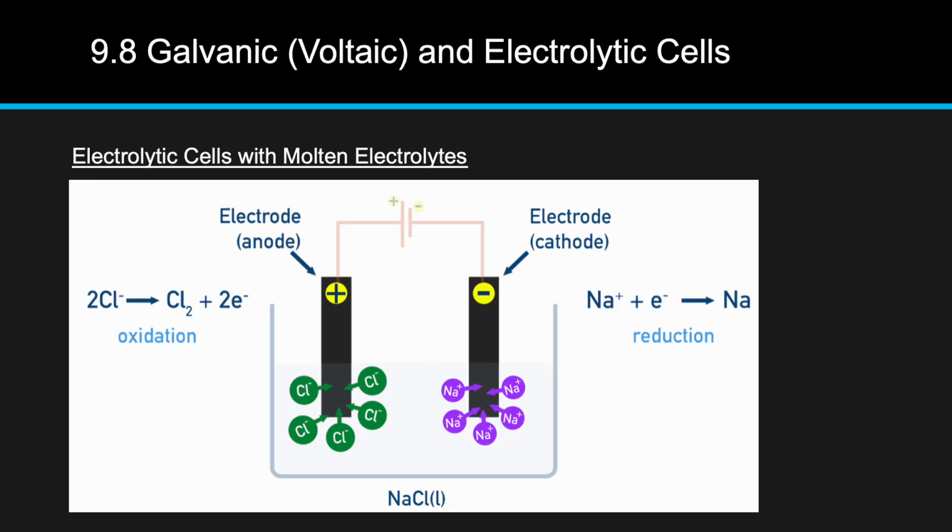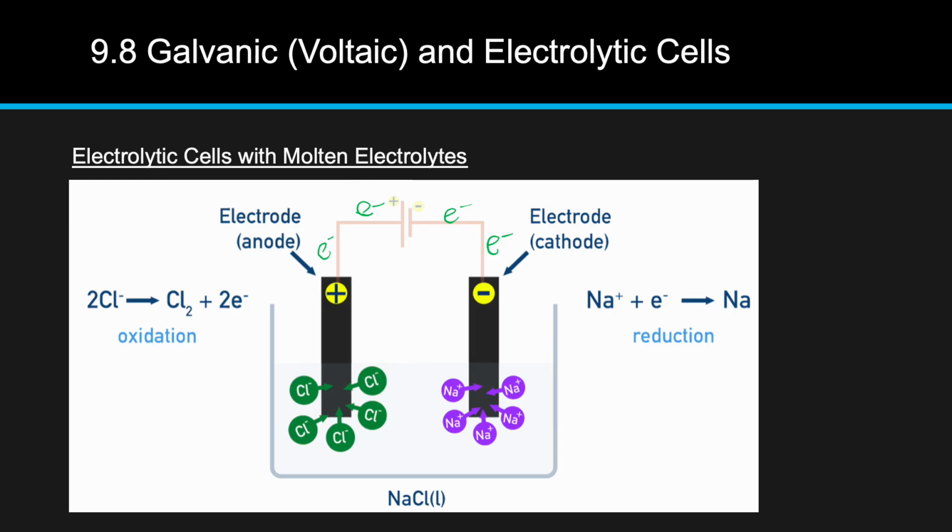So first let's look at the anode. So the anode is positive here, and we know at the anode oxidation is going to occur. So those chloride ions are going to lose electrons, and then they're going to form elemental chlorine and give off those electrons. And those electrons are going to flow